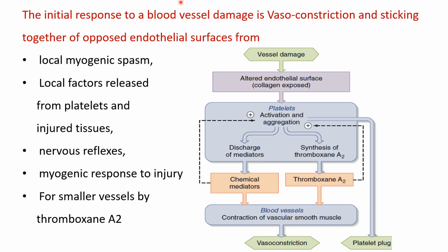So the initial response to a blood vessel damage is vasoconstriction. That means the blood vessel decreases its lumen. मसल्स जो हैं ब्लड वेसल के इर्द गिर्द वो कॉन्ट्रैक्ट कर जाते हैं और ब्लड वेसल का जो ल्यूमन है वो छोटा सा हो जाता है. So the initial response to a blood vessel damage is vasoconstriction and sticking together of opposed endothelial surfaces. पहले दूर दूर थी, जब vasoconstriction हुई वो नजदीक आ गई और चिपक जाती है एक दूसरे से. कैसे होगा? Well, first we shall read out this text